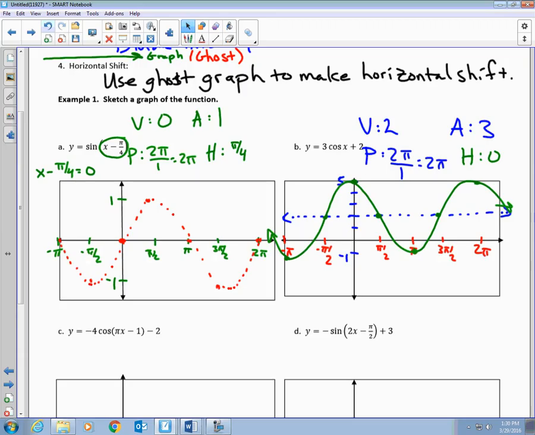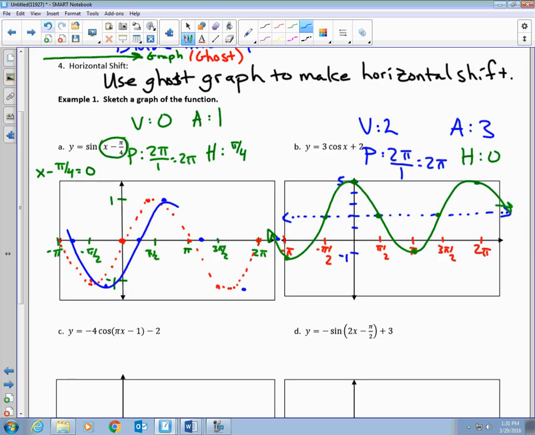Pi over 4. How much is pi over 4 compared to 1 tick mark? Half of a tick mark, right? If this is pi over 2, then halfway between would be pi over 4, correct? So what I'm going to do is I'm going to take all of these special points and I'm going to move them over a half of a tick mark. Now that I move them all over a half of a tick mark,